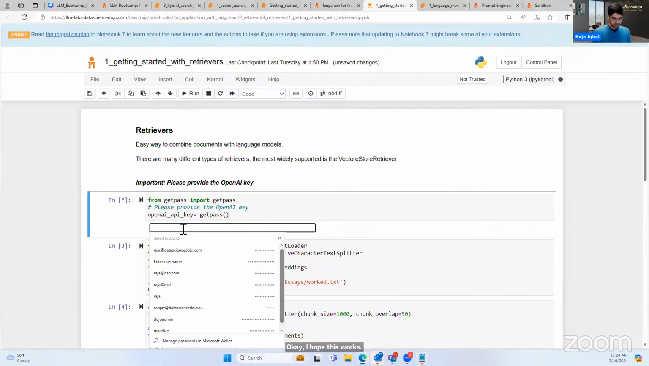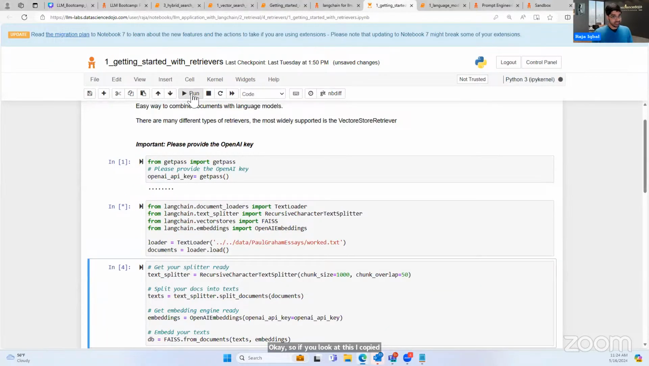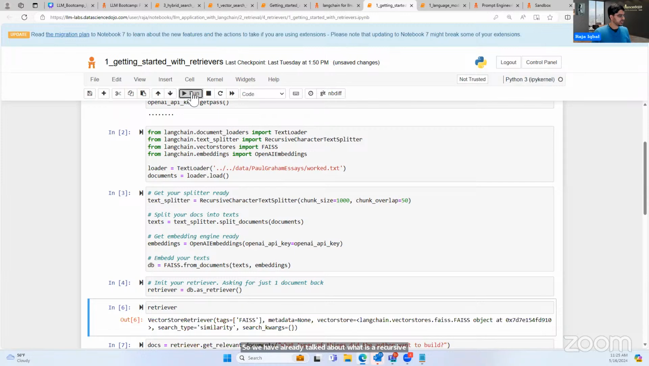Okay, so if you look at this, I copied my API key, and now all of you get that API key from us. It is on us. We bear that cost. And now this is just an example. We have already talked about what a recursive character text splitter is. We run it, and then you can see that over here,